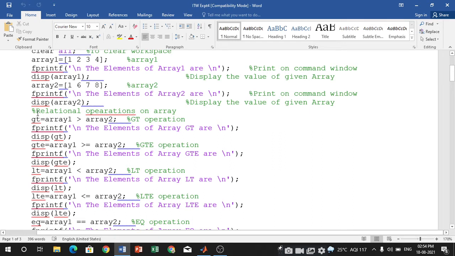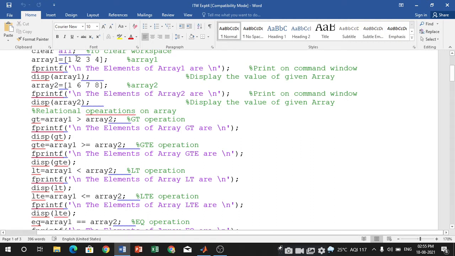So gt here is not just a variable, it is an array. Array 1 contents are 1 2 3 4 and array 2 contents are 1 6 7 8.